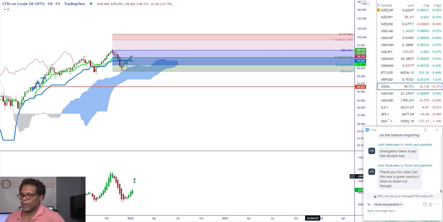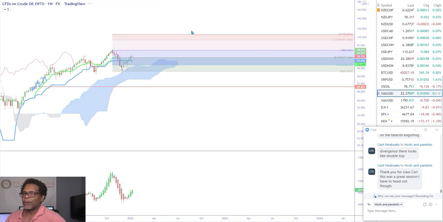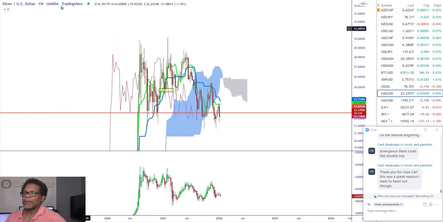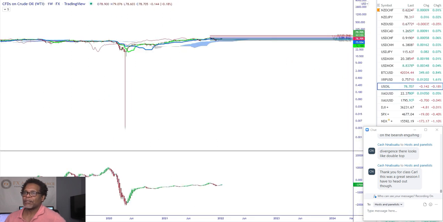You could see a lot of demand still coming in with big candles here. So I still think it's going to move higher. It needs to violate 86,443 for me to think that we could get even a bigger move up to about 101,165. Okay. So the next one is going to be silver. Silver, let's see what the weekly says. Let's go back to oil. I was showing you on a weekly. Let's go to the daily.